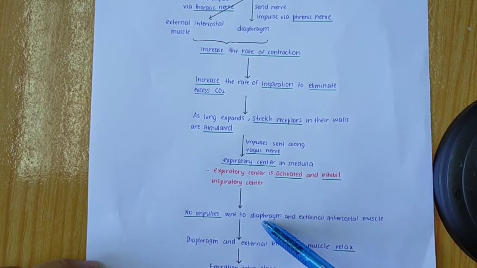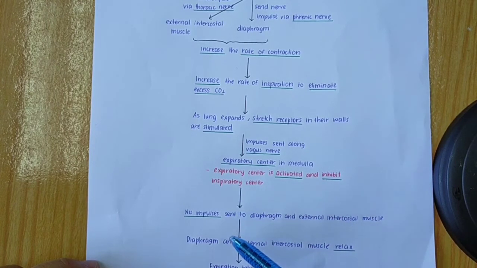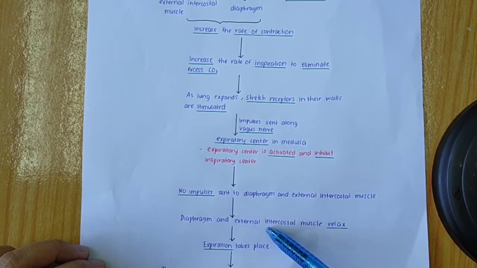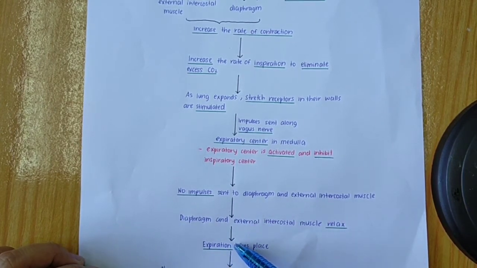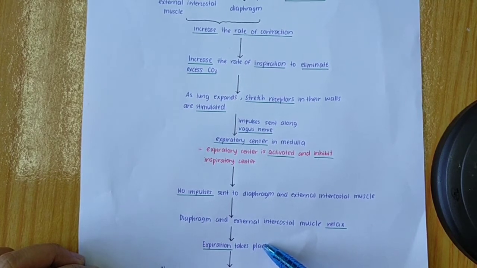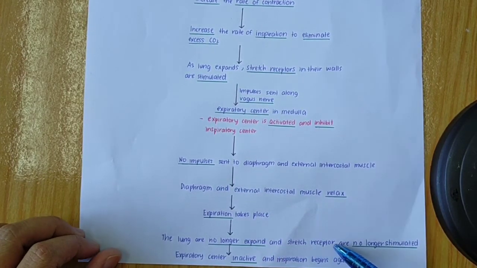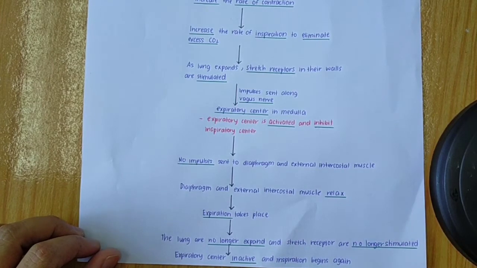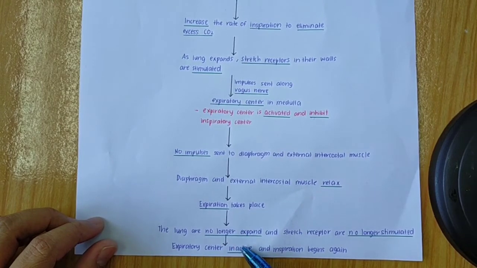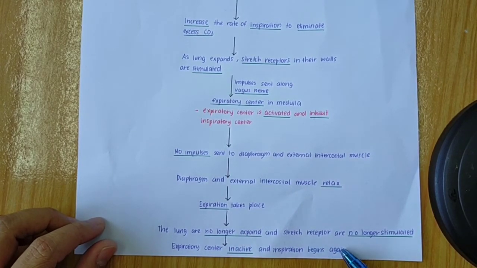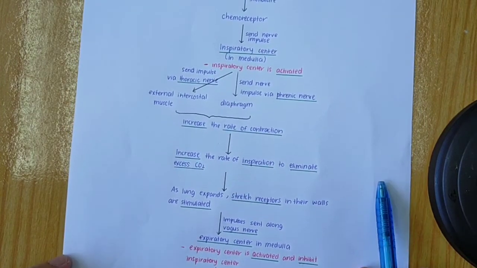Since the diaphragm and external intercostal muscle do not receive the impulse, both will be relaxed. So what happens? Expiration takes place. Then the lung is no longer expanded and stretch receptor is no longer stimulated. So the expiratory center is inactive and inspiration begins again. If you look at this process, actually